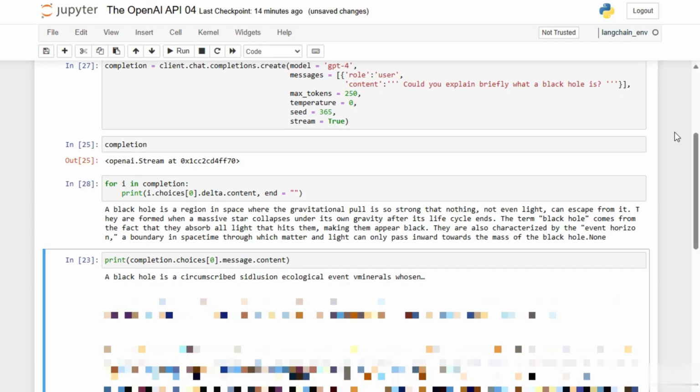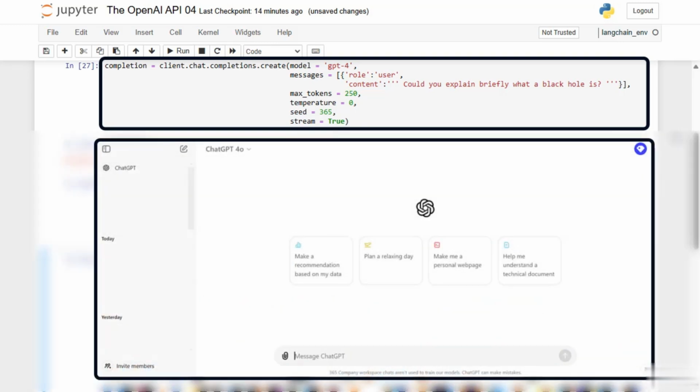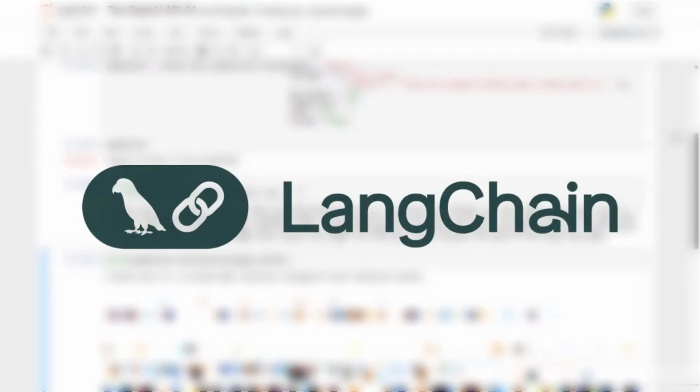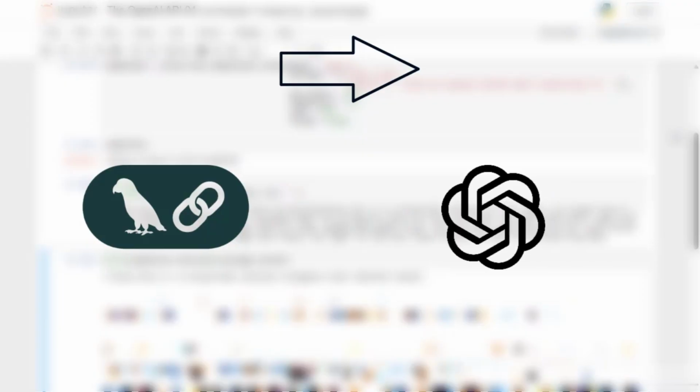How cool is that? This marks the end of our short introduction to the OpenAI API. I'm convinced you now find creating a chatbot with APIs much more fun and rewarding than merely chatting with ChatGPT. It gives you much more control over the responses and allows you to create some exciting chatbots. But wait until you see what LangChain has to offer. In the following sections, we'll employ intriguing projects using OpenAI's models and the LangChain framework. Until then,